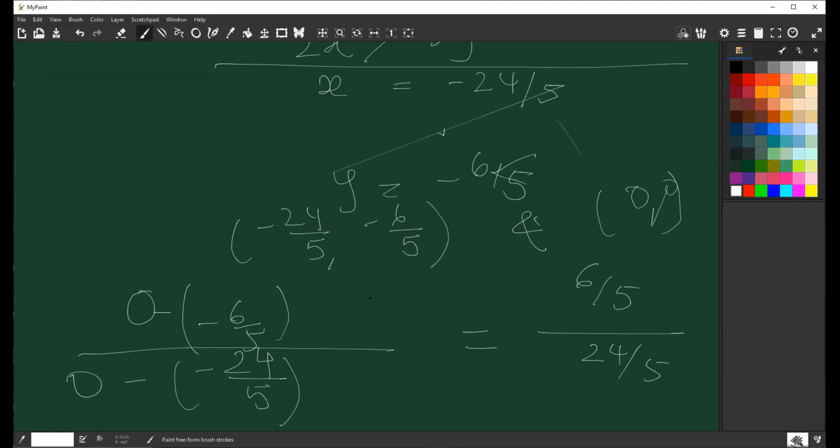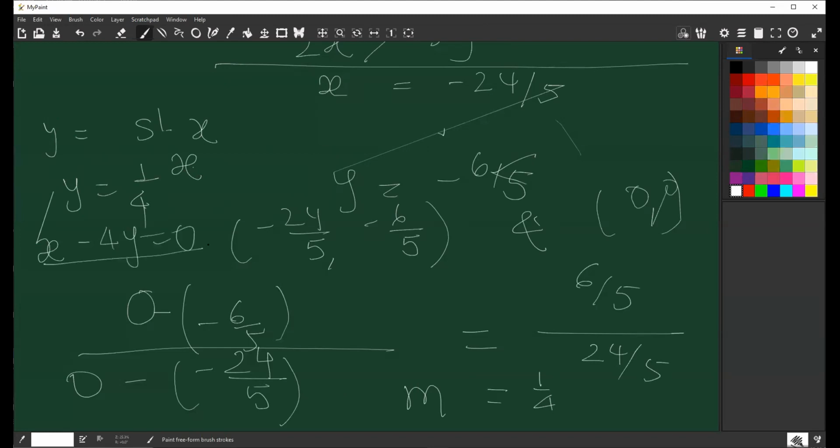Hello? Yes. So what is the slope of everyone's line? Slope, 1/4. That's right. So the equation of a line passing through the origin is y is equal to slope into x. So y is equal to 1/4 into x. That means x is 4y, that is x minus 4y is equal to 0 is the equation of the line. Did everyone get it? Very good.